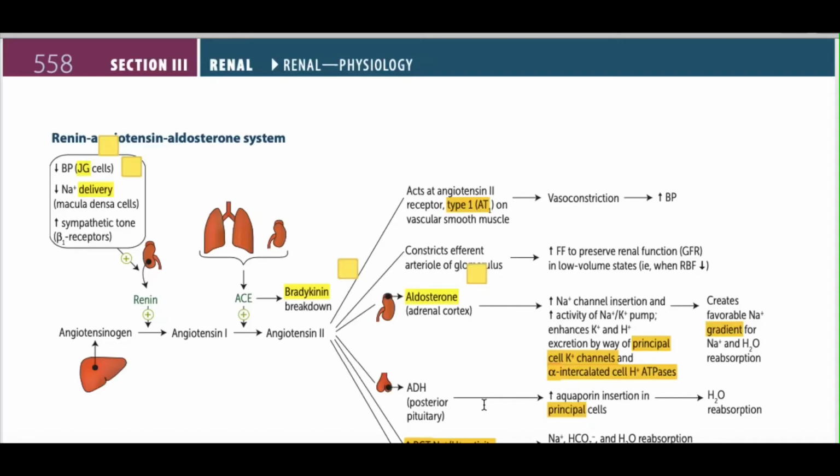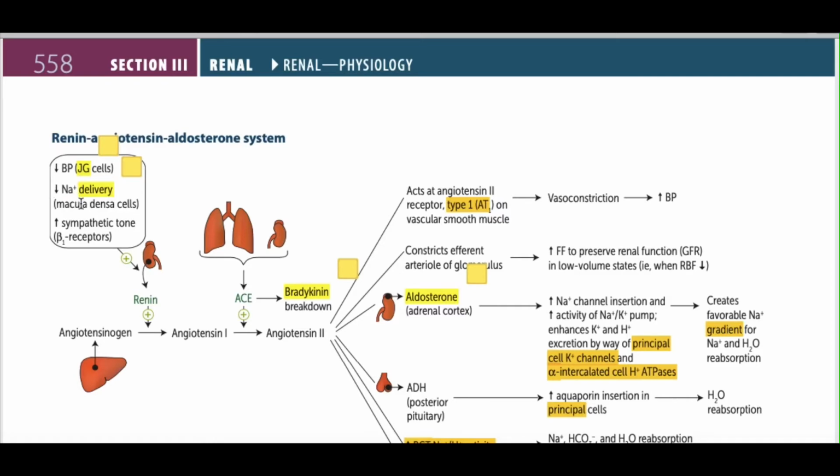We are going to discuss the Renin-Angiotensin-Aldosterone System. It is a system that controls our blood pressure and blood volume. Alright, so when there is decreased blood pressure sensing by juxtaglomerular cells or decreased sodium delivery to macula densa